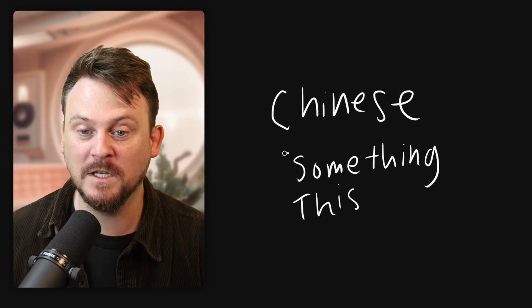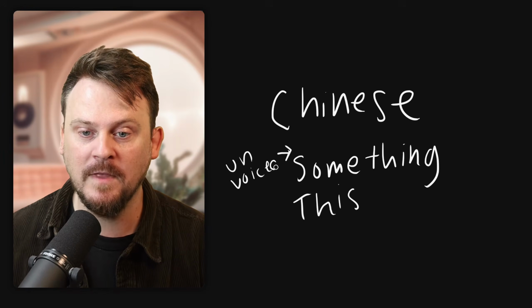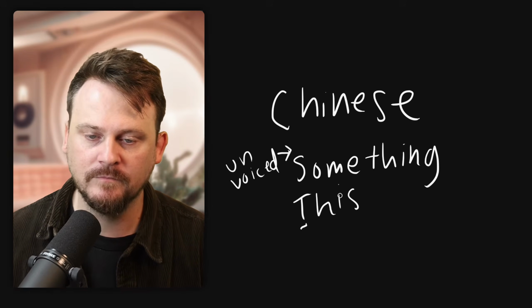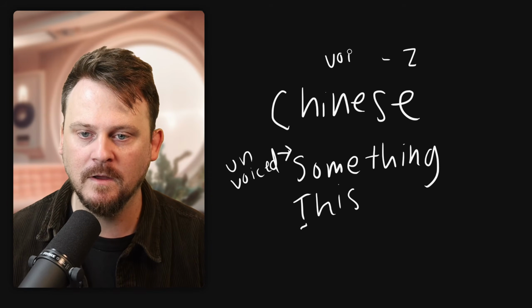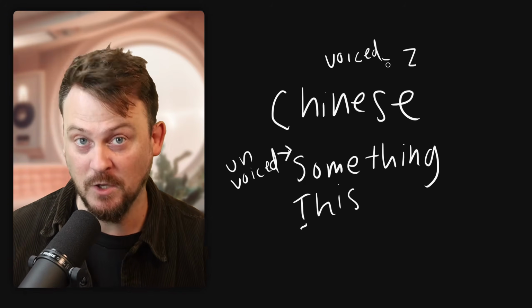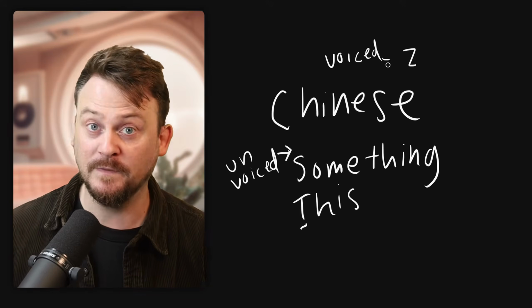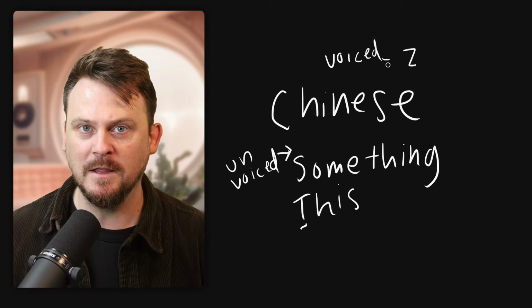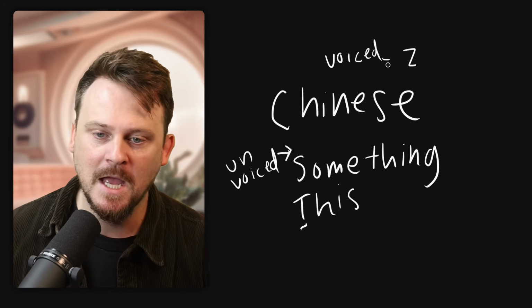Now this S sound is what we call unvoiced, and that's because when we say it, it goes S. And this sound, I'll write a Z over here, is called a voiced sound, which means you use your voice. Zzz. So actually, the only difference between S and Z really is one is voiced and one is unvoiced. S, z, s, z, s, z. Tongue is not moving. The only thing that's changing is you're turning your voice on or off. S, z, s, z, s, right?